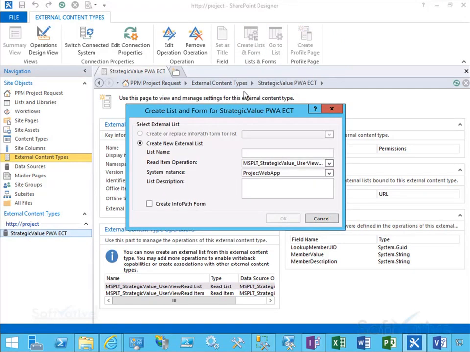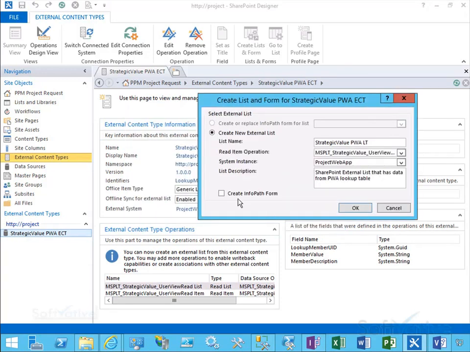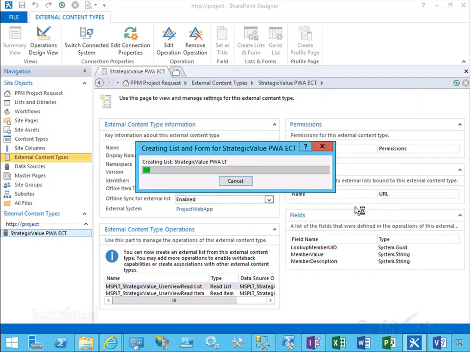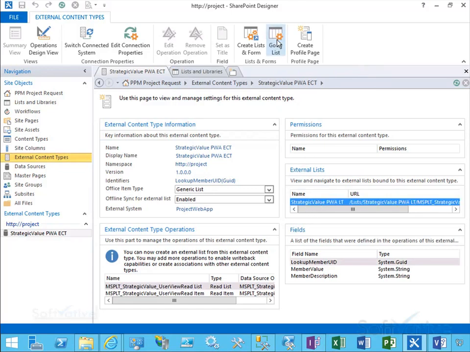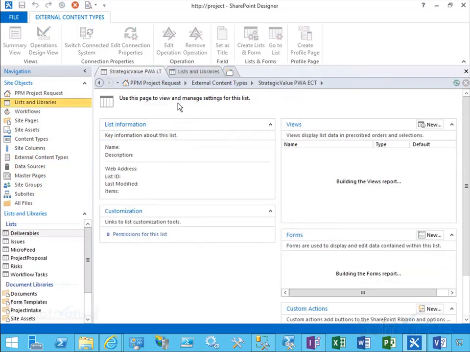So let's click on create list and form, which will present us this dialog box. We'll just go ahead and put a name of the list and the description and click OK, and that will create the list within our site. There you go, it has created the list, and under the external list section you can see it is displaying the link. Now we can highlight the external list and click on go to list, and